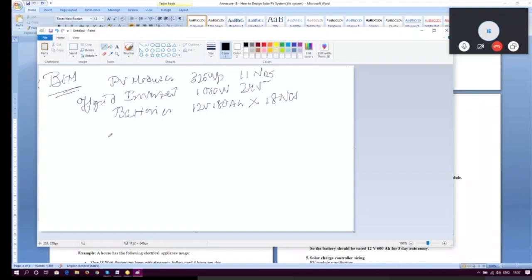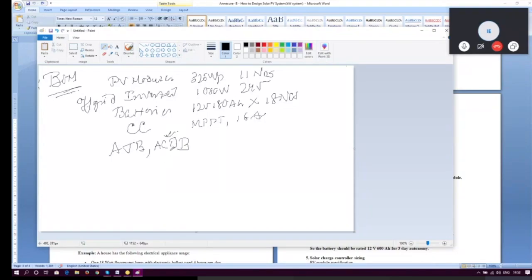For the BOM part, we need not write what is series and parallel, right? So this is the only thing. Next is the charge controller. Here we have taken MPPT with a current rating of 16 amps. Followed by others that would be the same: AJB, the array junction box, and the ACDB, that is the AC distribution box.